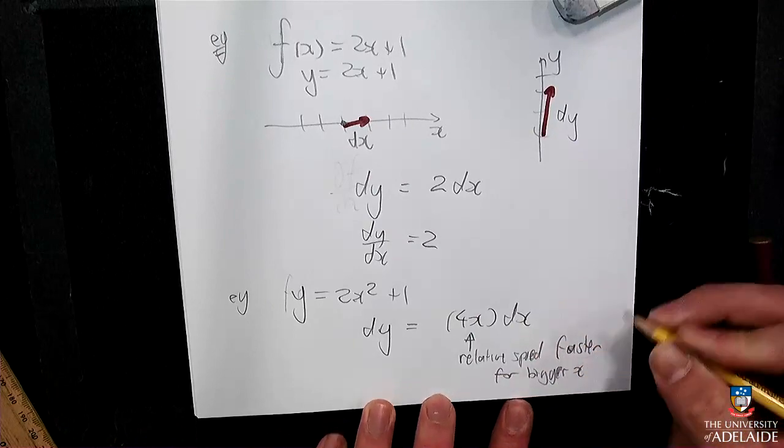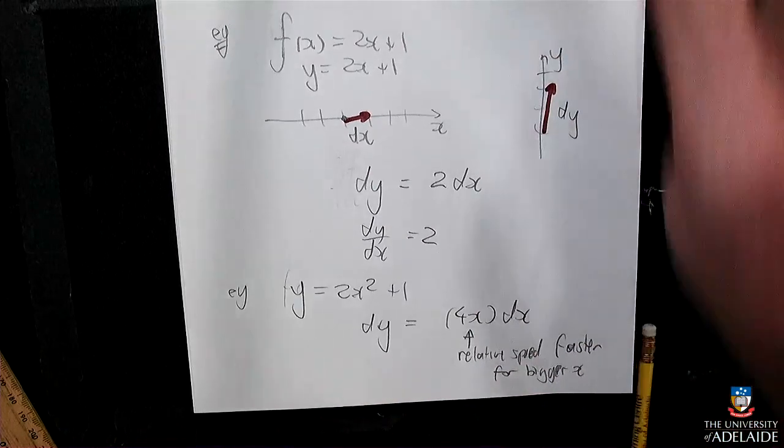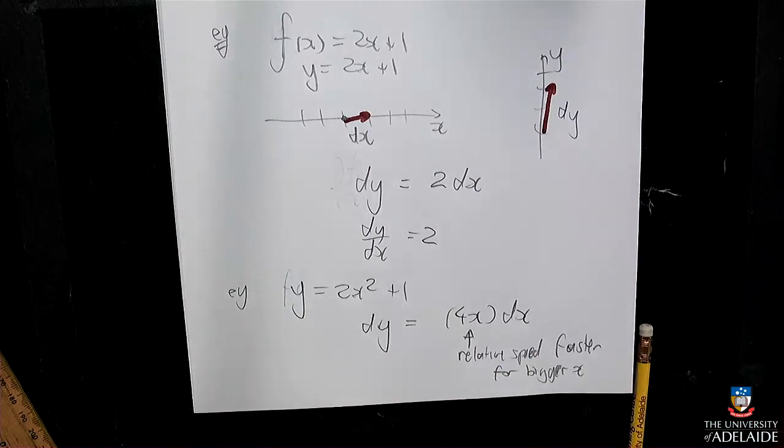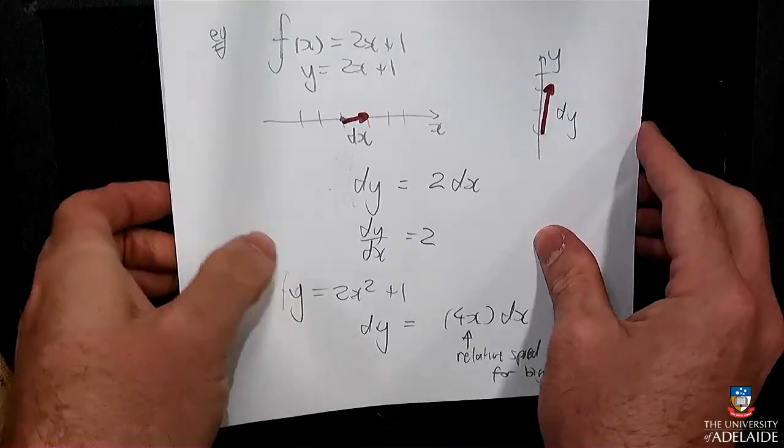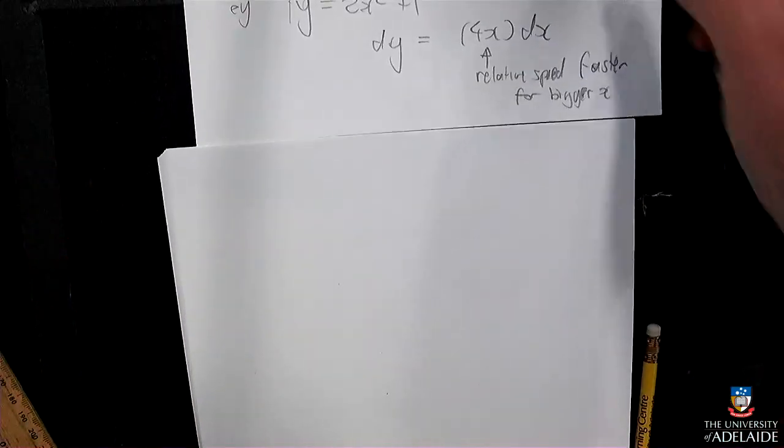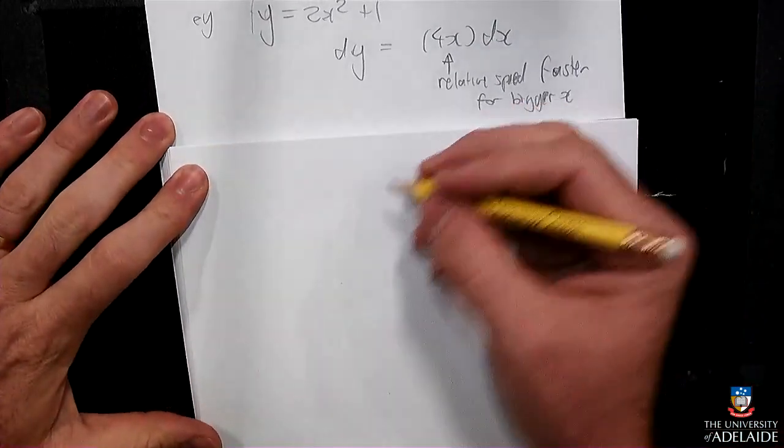The relative speed is faster for bigger x. Okay, and that's what we did. Only when you were first introduced to derivatives, you were introduced to them as the slopes of lines. And it turns out that it is the same thing. So in this second example,